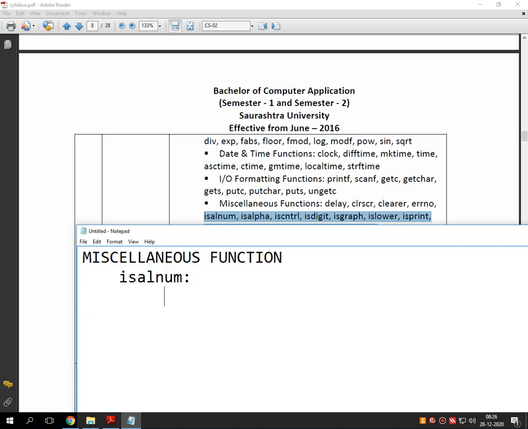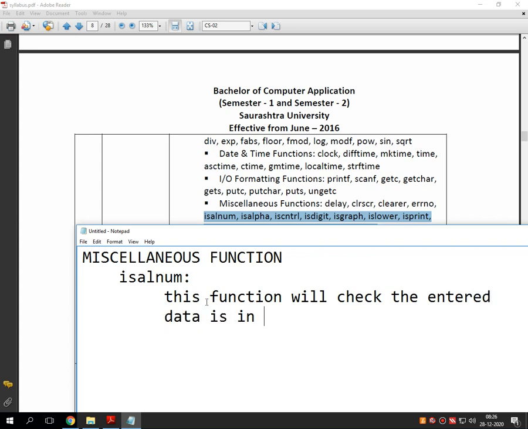The functionality of this library function is that this function will check whether the entered data is in alphanumeric format or not. Again, I am repeating my words: this function will check whether the entered data is in alphanumeric format or not.